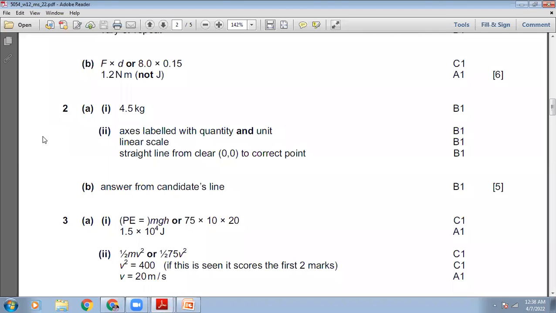He says axis labeled with quantity and unit, linear scale, and the straight line from clear origin to correct point. Okay, so our answer is right. Then he says the next question, the next part, I mean,